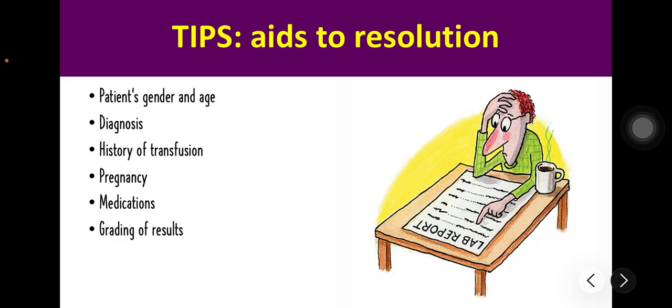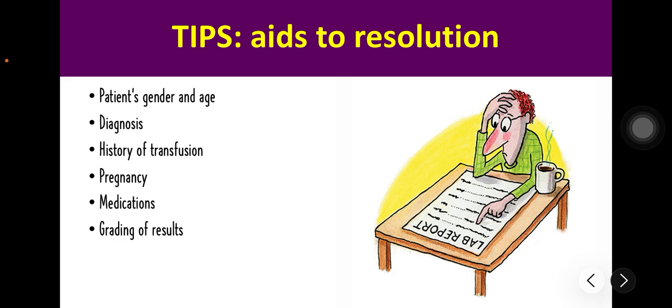For medications, we have immunosuppressants. These drugs can cause hypogammaglobulinemia, leading to missing antibodies in the reverse typing. We also have medications like IVIG or the Rh immune globulin, which can introduce unexpected antibodies like your anti-A, anti-B, or anti-D into the patient's serum, creating extra reactions. There are certain therapeutic agents, such as daratumumab for multiple myeloma,